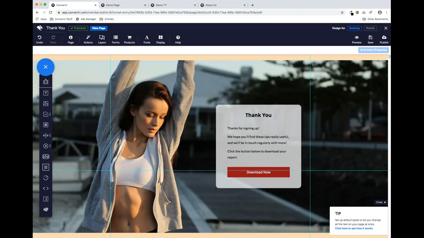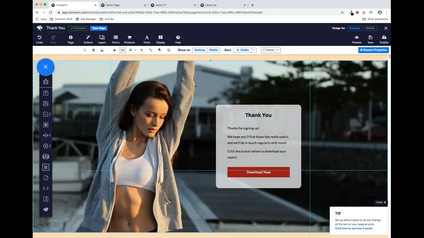CB is asking, I'm building over the blue guidelines, what do I use them for? Okay, so the guidelines are effectively just guides. These two on the left and right are set at 960 pixels, and that is because if you keep everything within those bounds, you're pretty much guaranteed it'll appear fine on any